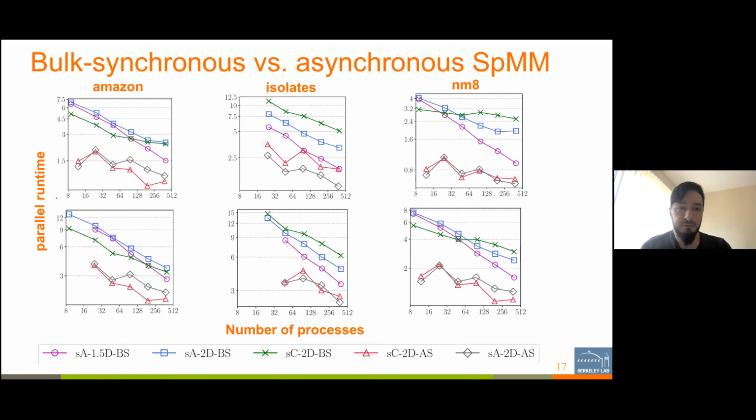Next, we look into the performance of the 5 algorithms compared. Two of them were bulk-synchronous, and 3 of them were asynchronous algorithms. Here, these plots, all 6 of them, show that the asynchronous scheme achieves better parallel runtime than the bulk-synchronous scheme in